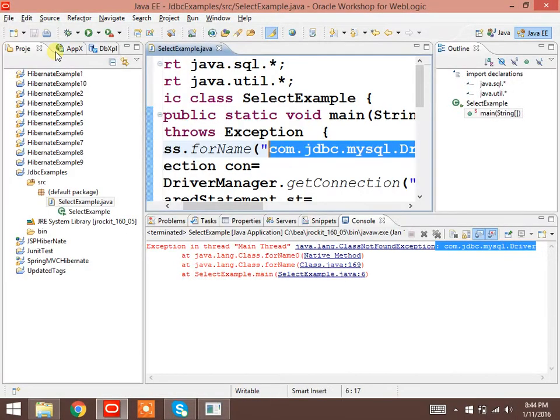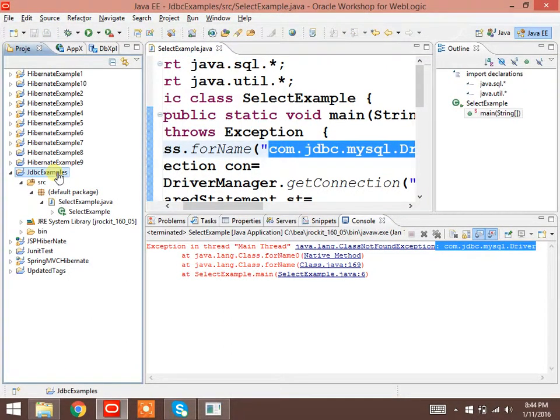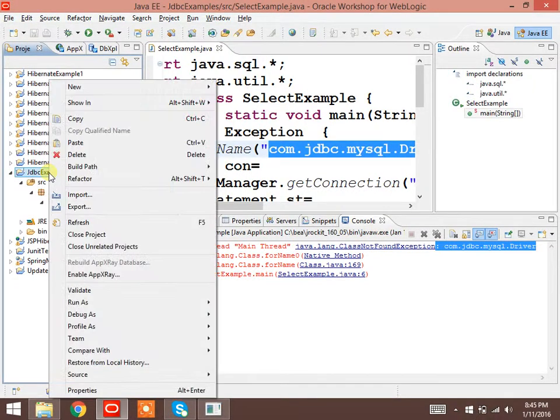Now how to load the jar file to your project? See, this is your project. Your jar file is there in G drive. Right click on the project. Go to properties.